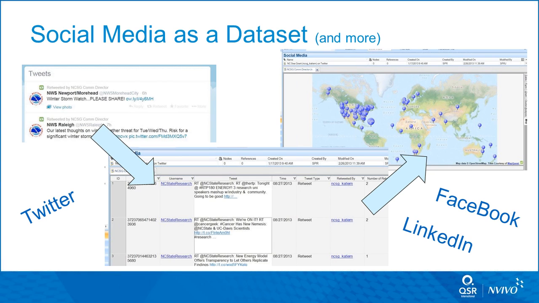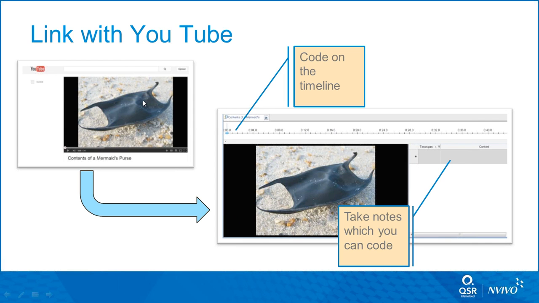And what that will do is it will capture the tweets or the posts, and it will take any of the publicly available metadata and bring that in as classifying. So in this example, not only do I have the tweets, but I've got username, time it was posted, if it's a retweet,